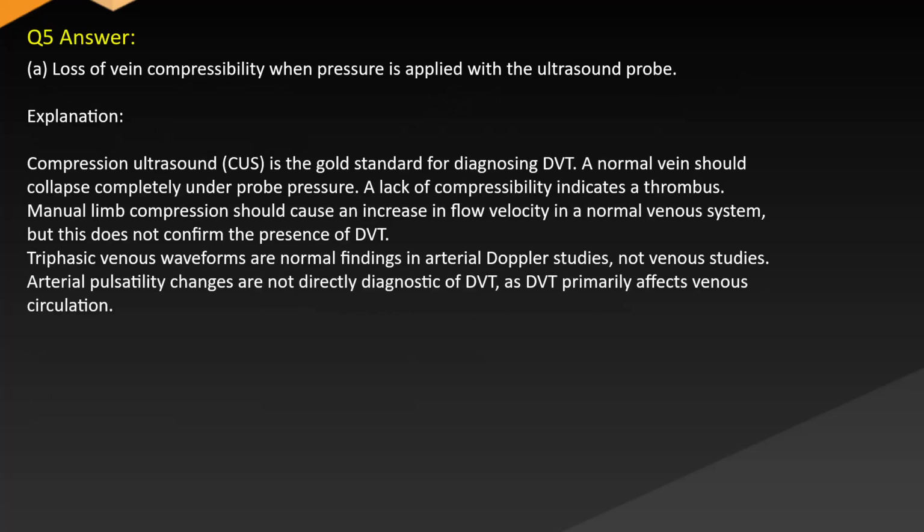Answer A. Loss of vein compressibility when pressure is applied with the ultrasound probe. Explanation: compression ultrasound (CUS) is the gold standard for diagnosing DVT. A normal vein should collapse completely under probe pressure. A lack of compressibility indicates a thrombus. Manual limb compression should cause an increase in flow velocity in a normal venous system,